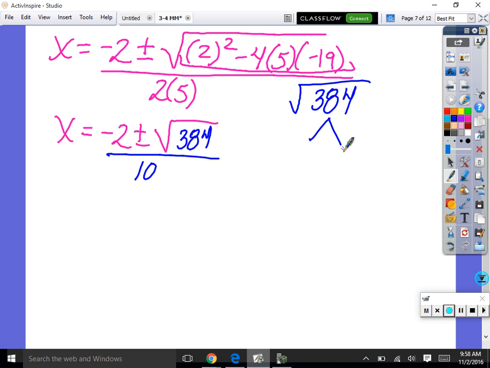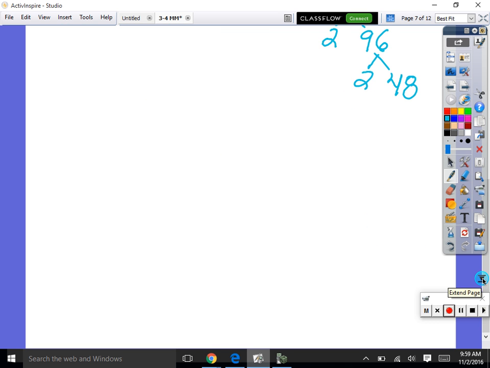So tell me some factors. See if you can find some. Any factors will work. 192 times 2? So 2 and 192. Good. Now take 192. Does that divide by 2? 2 times 96, and then 96, let's break that one down. Try dividing it by 2. Okay, 2 and 48, and then 48 breaks down into